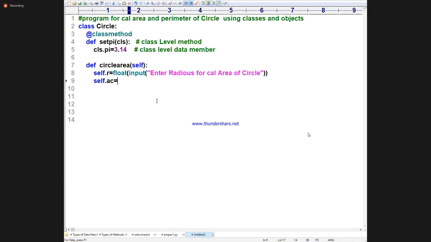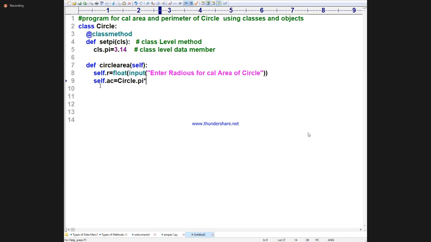Jyotirmayi, wrong answer, ma. I'm waiting for everybody. Circle.py, okay. Somebody is saying circle.py, nice answer. Circle.py is a nice answer.